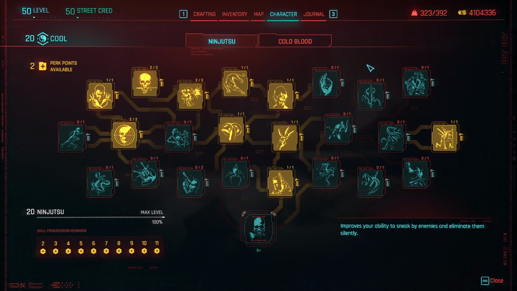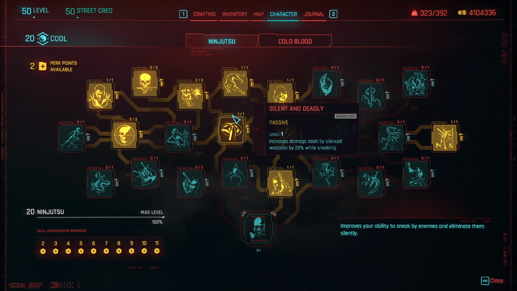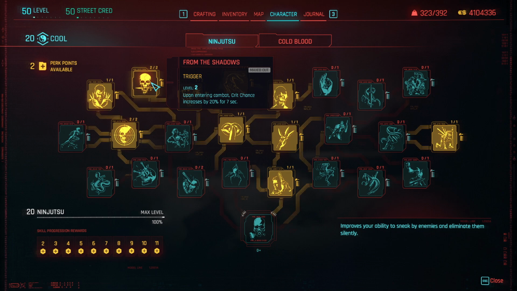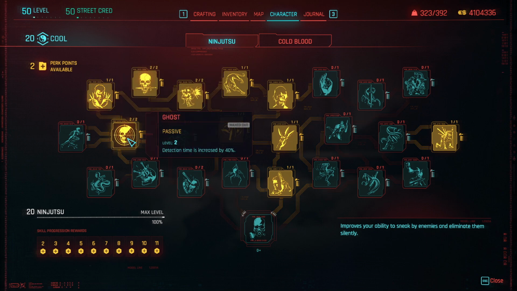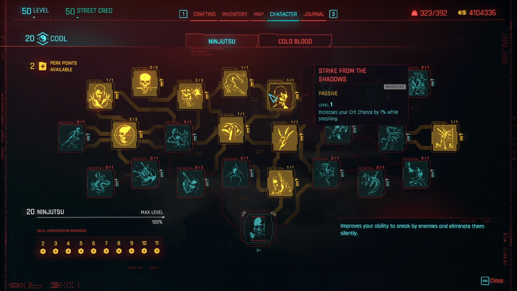Moving on to ninjutsu. Now I like to use stealth and throwing knives. If you do not want to use stealth at all and throwing knives, you can just remove most of these perks that are here, but let's go through them. Crouching Tiger increases movement speed while sneaking by 20%, Silent and Deadly for the additional damage while sneaking, Sniper for increased headshot damage, From the Shadows for additional crit once you enter combat while stealthed, Juggler for the returning knives, Ghost for the detection time increase, Dagger Dealer for throwing knives as well, Strike from the Shadows, which increases your